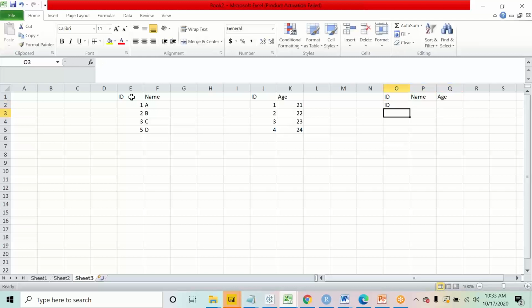I should be able to see the IDs like 1, 2, and 3, what their corresponding names are, and what their age is. The age is like 21, 22, 23. I want to see all this information in one single data set. But by default, when I received this information, the data was coming in two different data sets. Is the scenario clear to all of you? Are you all clear on the data set?